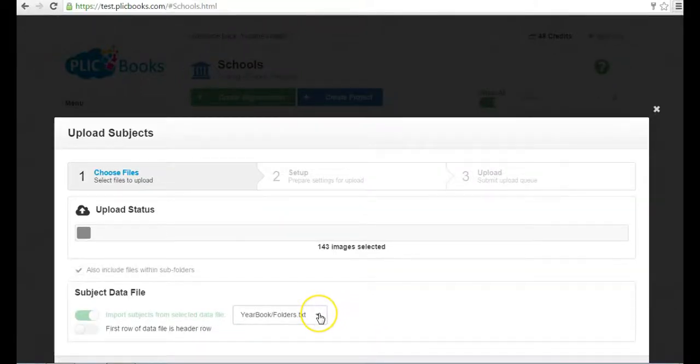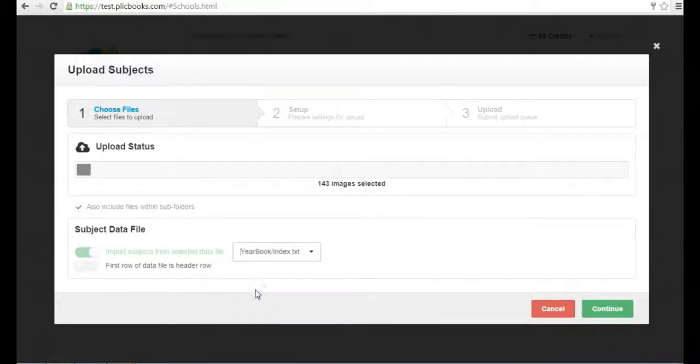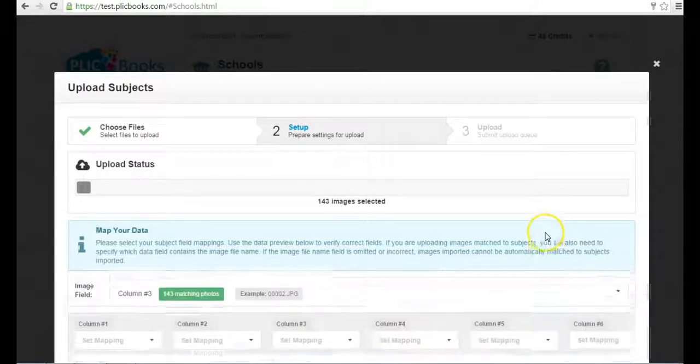Now we're going to choose which data file we're going to be importing from. If using the PSPA export, it's going to be the index.txt file inside the main yearbook folder. And a PSPA file does not have a header, so you would not need to turn on first row of data file as a header row. However, if you're using an export that does have a header row, just turn this option on right here. Press the green Continue button, and it'll start